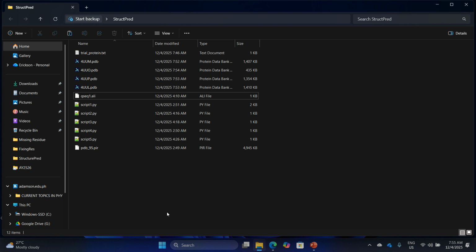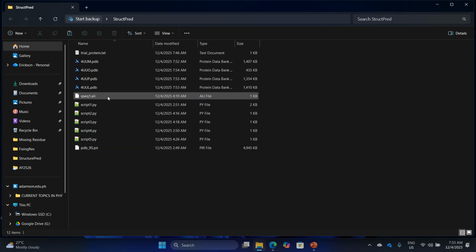For now, I'm not going to teach you how to recreate that pdb_95.pir. You can just use it as is. But if you want to be an expert user of the Modeller software, you need to learn how to create such a file, so you need to visit the Modeller tutorial.